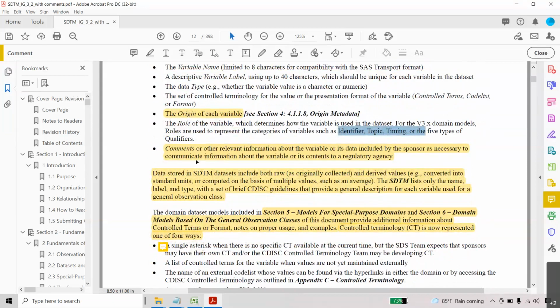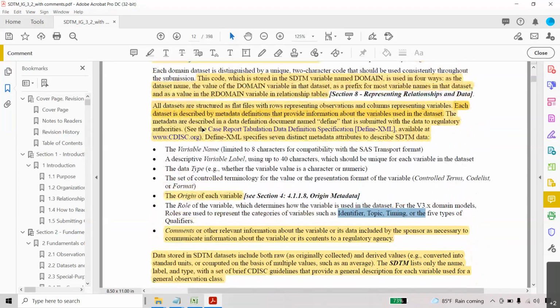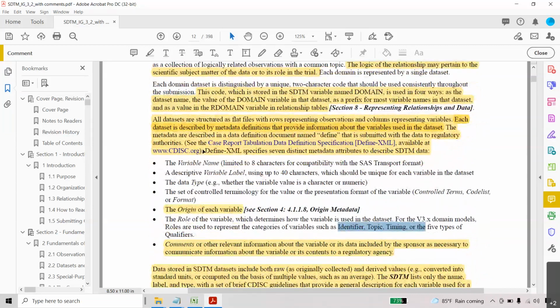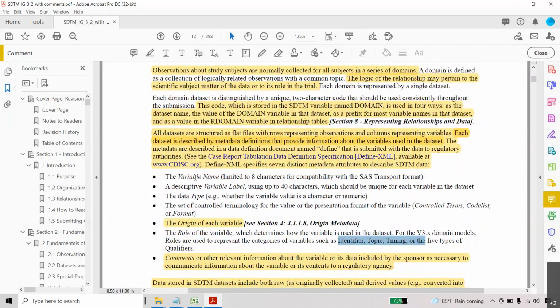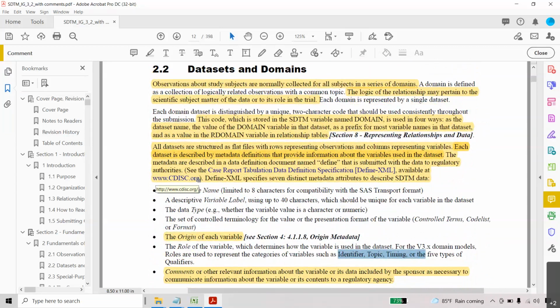And also comments. When I go to the next section, might be today or tomorrow, I'm going to show you some comments. Ultimately, what this section gives you is that every dataset is created with the help of topic variable values, and each dataset contains variables.